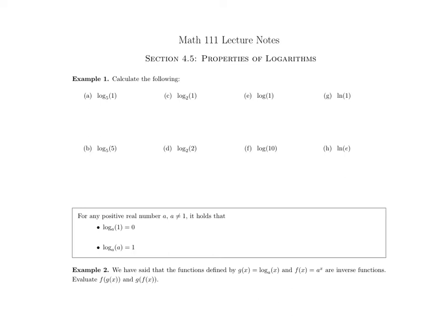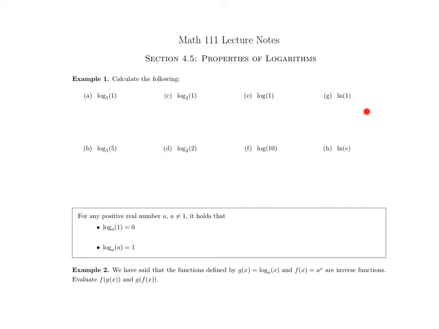In the last video we went over just a couple of rules. In this video we're going to go over the rest of them. So this is going to be a bit of a wild ride. Thank you for sticking with us. Let's get started. So this first one says calculate the following, and we have A, C, E, and G all